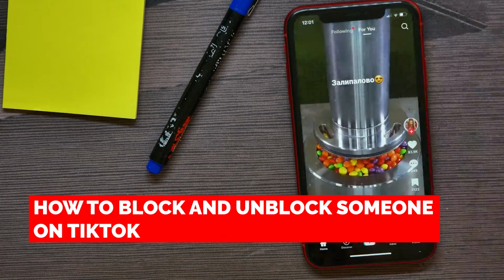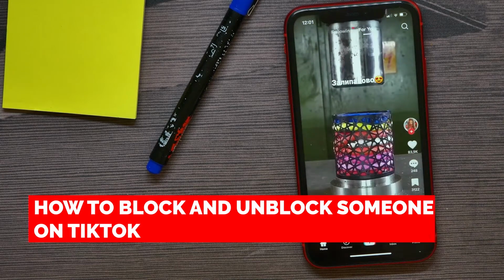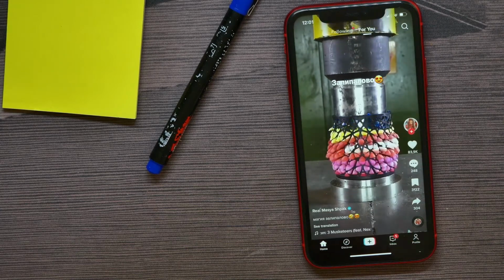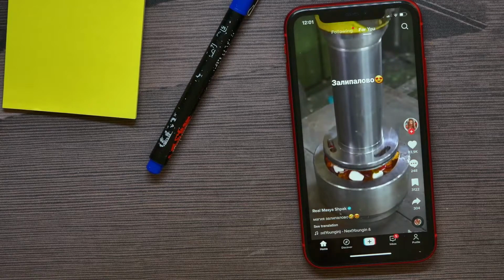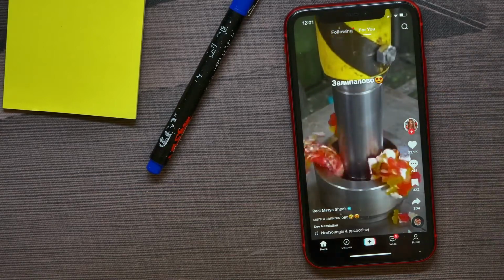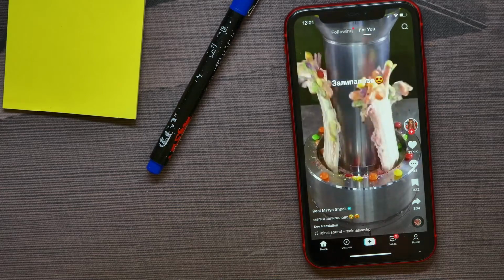In this video I'm going to show you how to block and unblock someone on TikTok. That is quite simple and easy to do, guys, so let's begin. And first, open up your TikTok app, and now in order to block someone, all you have to do is